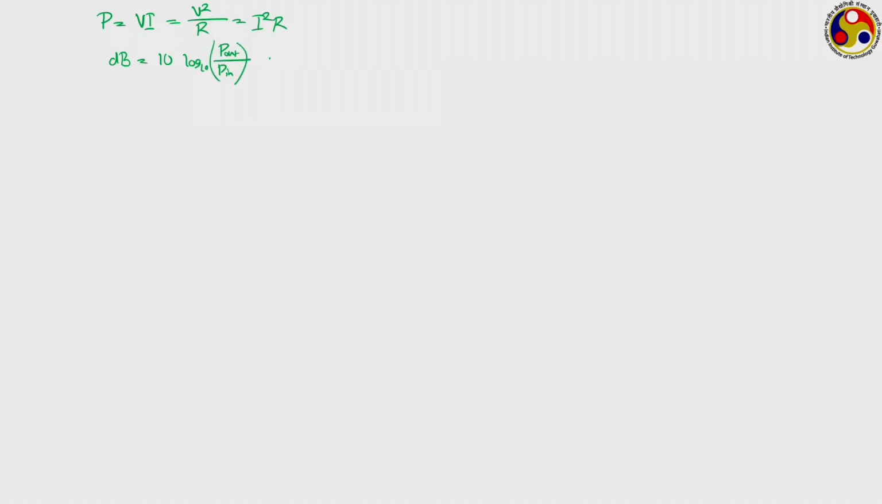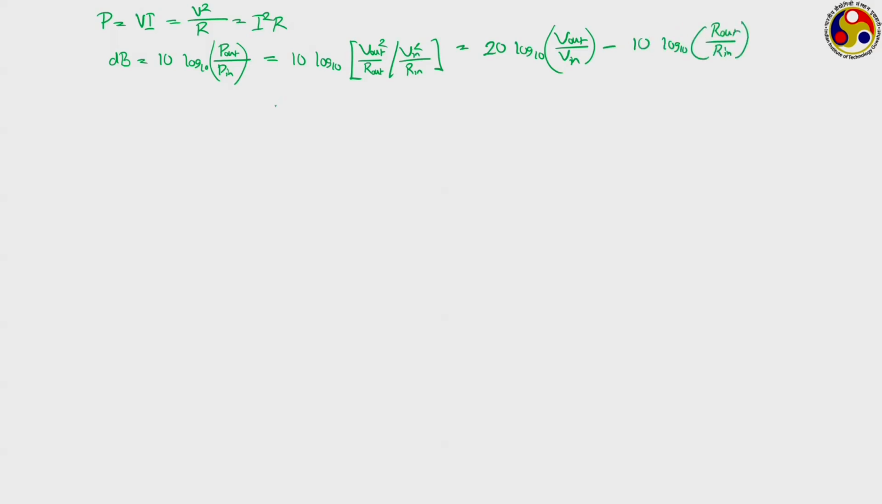So, if we take the first definition, that is V square upon R, then we have 10 log 10 into V out square by R out divided by V in square by R in, which gives us 20 log 10 V out by V in minus 10 log 10 R out by R in, or if we take the current definition, then this will become